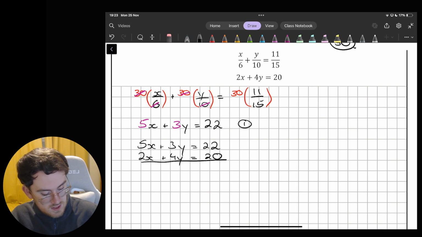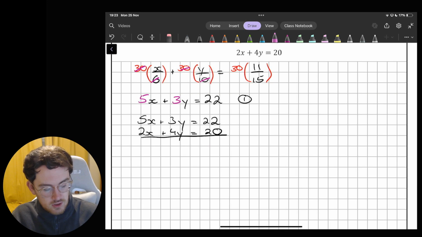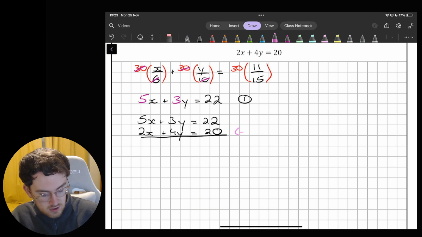So again, we're still in a little bit of a bind here, I suppose, in terms of solving the equation. We can go with either of our two letters here. It's going to make absolutely no difference. I'm going to try and eliminate x here, which I'm going to do by multiplying the bottom by minus 5 and the top by plus 2 to get 10x plus 6y equals 44,